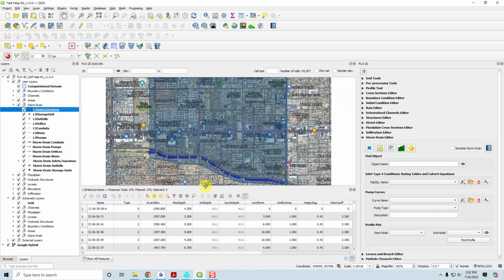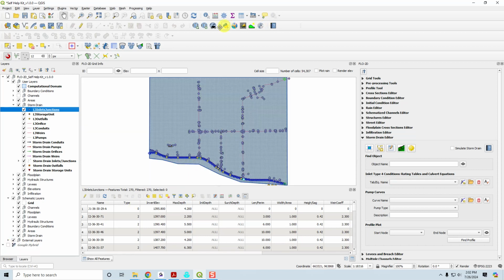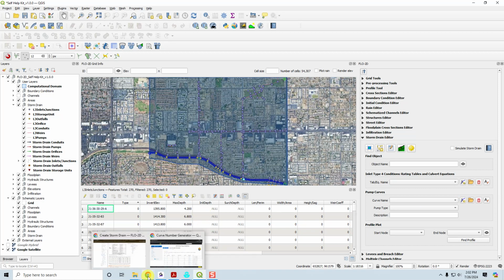Alright, so I'm going to zoom up in here, and that image is kind of distracting. Let me try doing just Google Satellite. Yeah, that's better. Now I don't have those labels that are distracting. All right, and what I want to do is sort this by type so that you can see the different types. So before we get too far ahead, let me go here